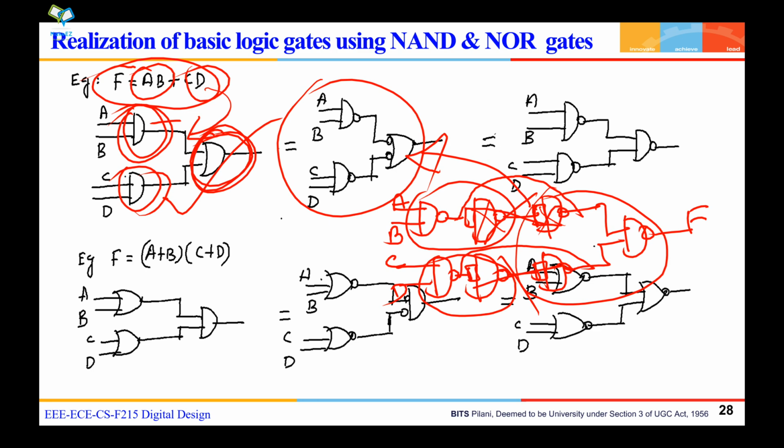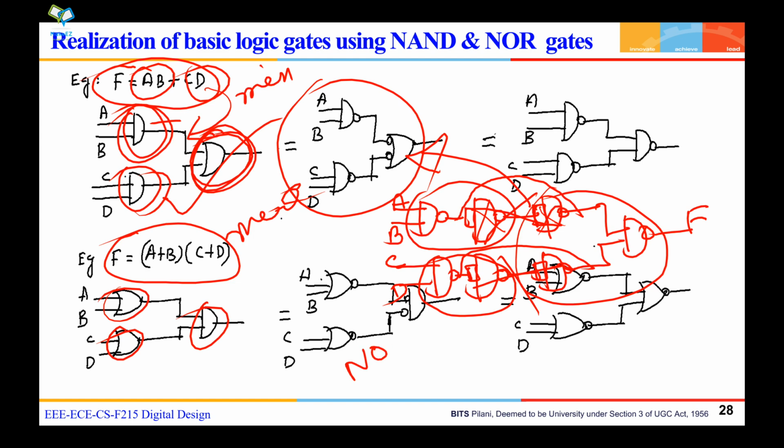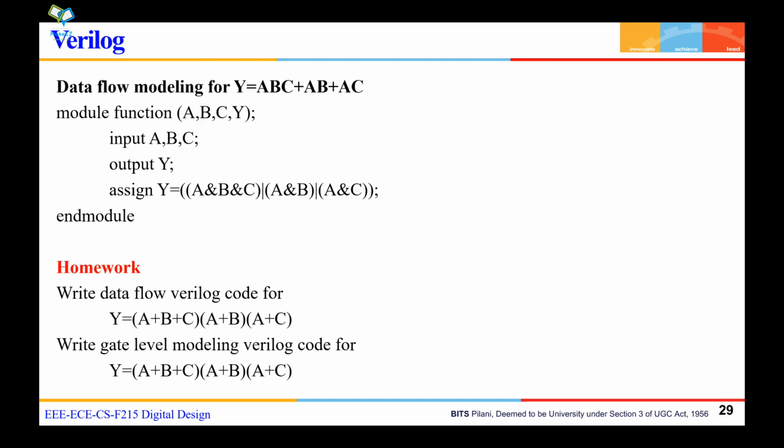This is one way of implementing. Similarly, you can implement this. This is using minterm. This is using maxterm. Right? So this is your OR gate, and this is your AND gate. And if you want to implement it using only NOR gates, you try to get the NOR version of this. Similarly, try to get the NOR version of this. Try to get the NOR version of this. Remove the redundant gates, and finally you will end up with this. So this type of realization is very important from the examination point of view, and you have to learn this realization very well.